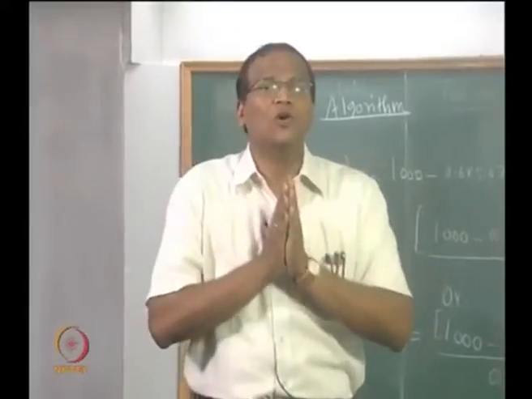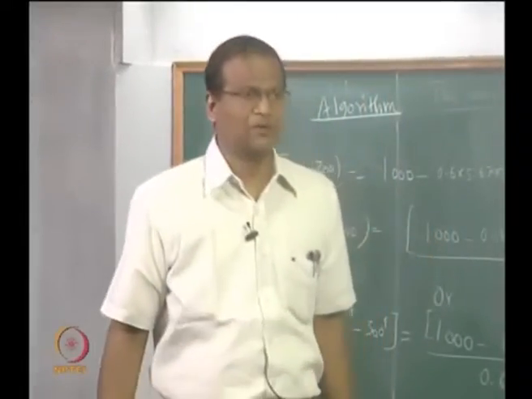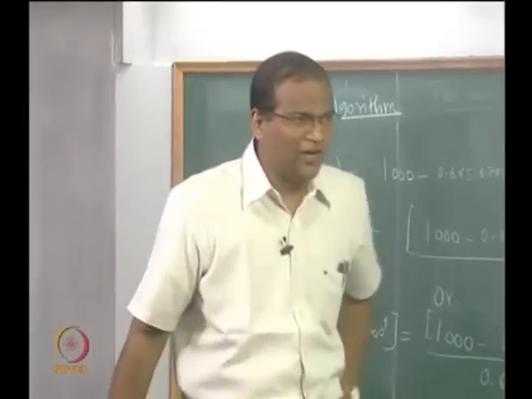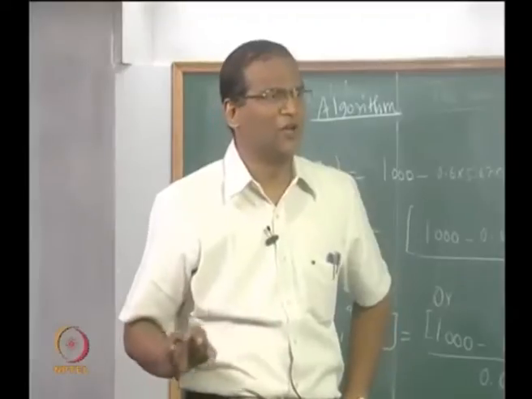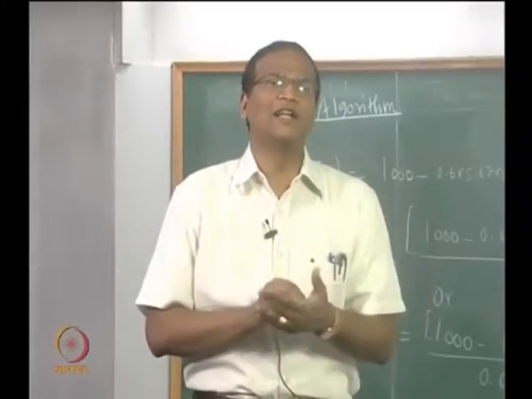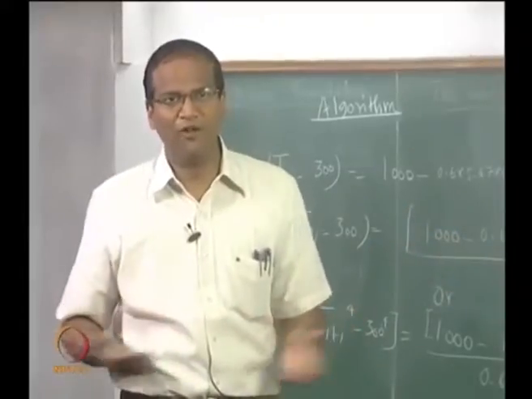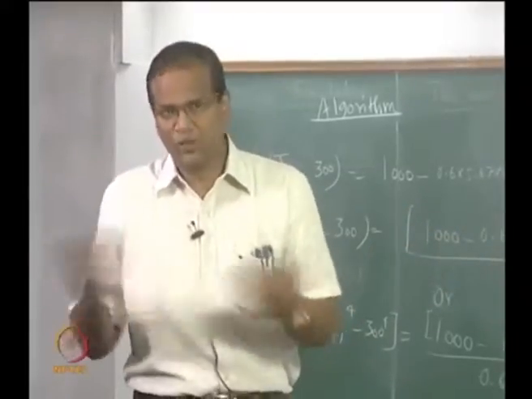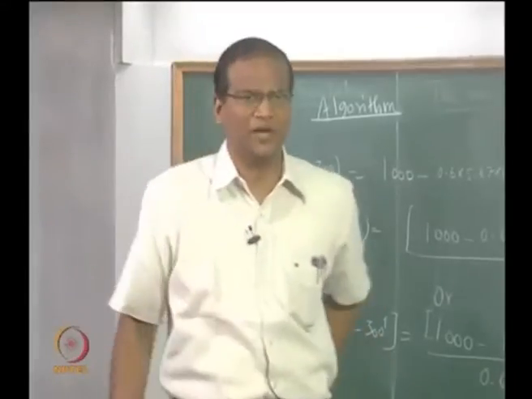Okay, so if you solve this problem using the method of successive substitution, if you encounter a difficulty, if you get an answer which is negative or it's diverging, you are not able to proceed further, you should not say that this problem has no solution, because from the data given to you, it is so clear that there is a solution. Immediately you should think of the other information flow diagram.